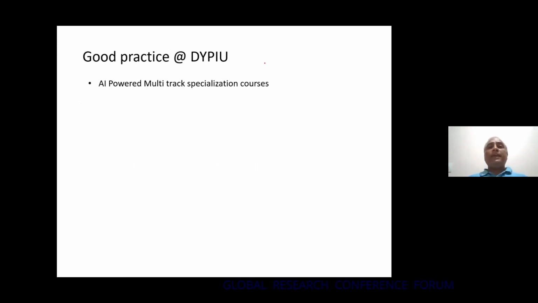The good practice we are following is AI-powered multi-track courses in our system. There are 10 different tracks. We have specialization courses in computer science, engineering and applications, where we have Bachelor of Computer Application, BCA, and MCA. In MCA, we have 2 tracks: one is cybersecurity, another is AI. Whereas in BTech CSE, we have